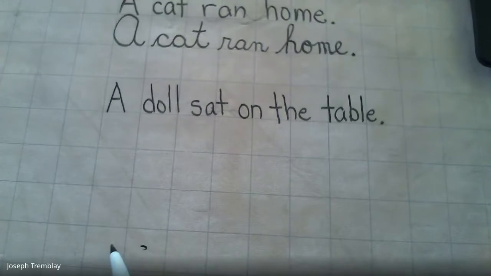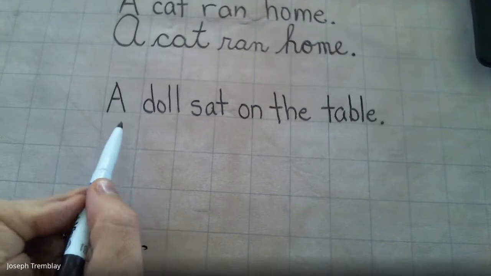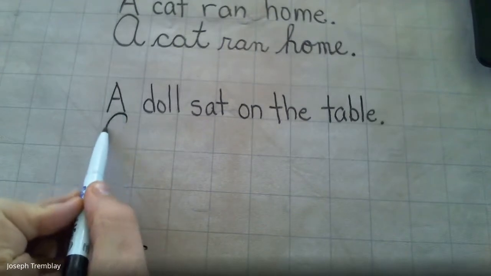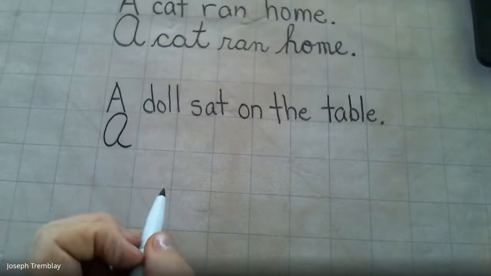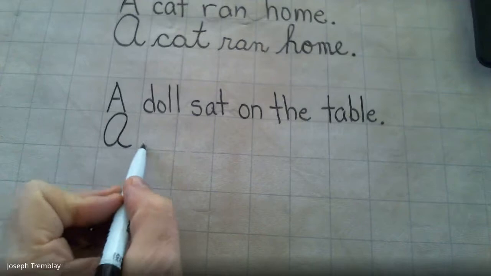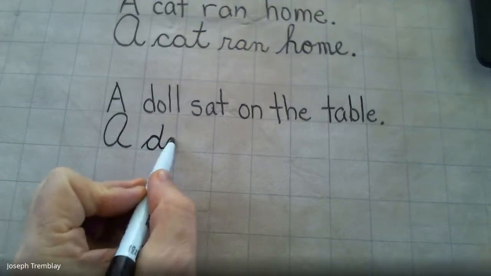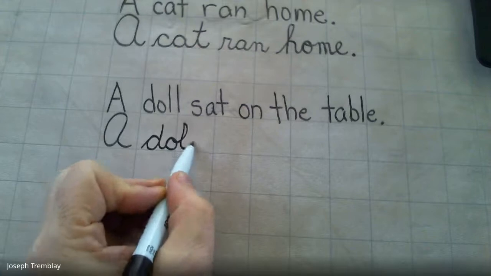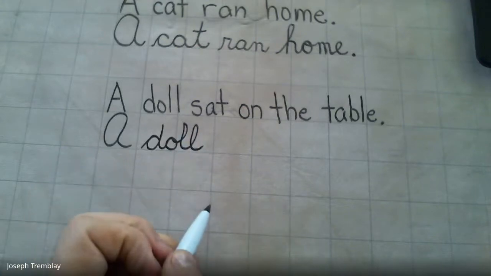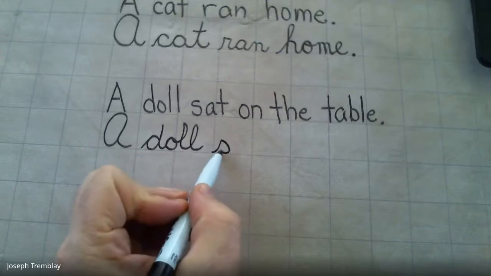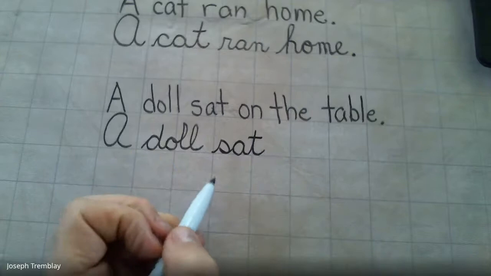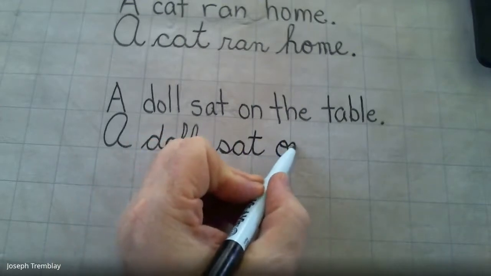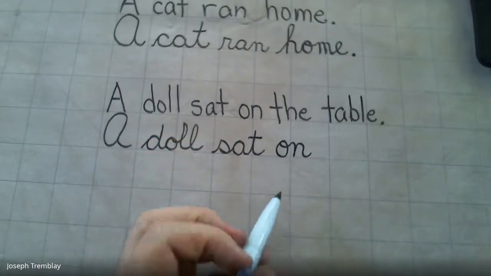Okay. Let's see if you got what I have now. So I'm going to start here. I'm going to go upstairs. I'm going to make my cursive capital A. Should look something like that. A doll. Sat on